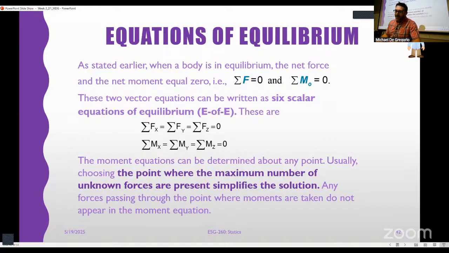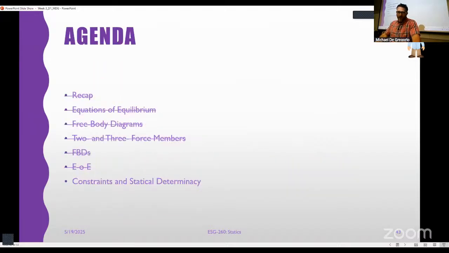You draw your free body diagram, right? Then you figure out what your knowns are, what are your unknowns, right? Maybe you draw a free body diagram for multiple axes, right? Draw an XY plane, a YZ plane, an XZ plane, right? All those things. But that's what we got to do, right?